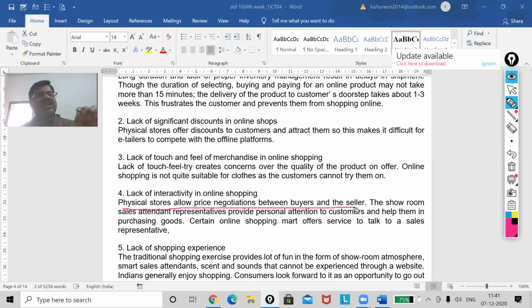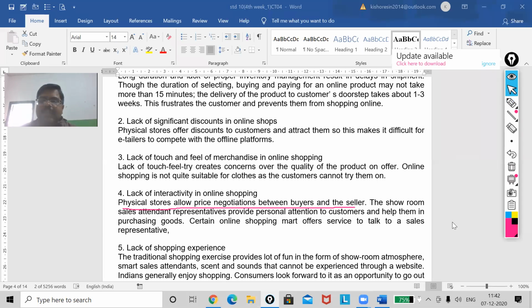Whatever the price that is fixed or the discount given, you have to anyhow pay that to get that product. But in the physical way, in the traditional way, when you are shopping, there you can have bargaining. That shop is giving at 100 rupees, you say 120. Like this you can go for the negotiation.